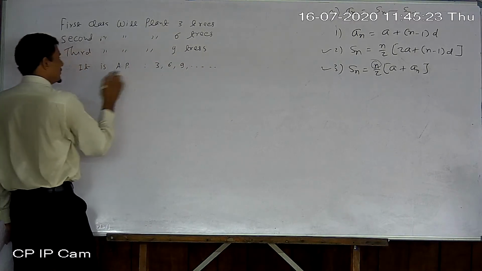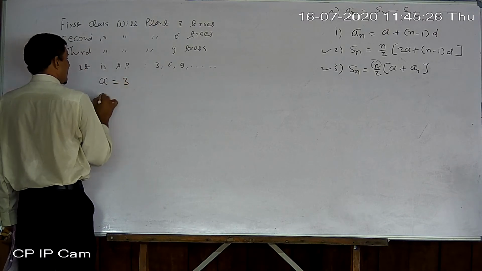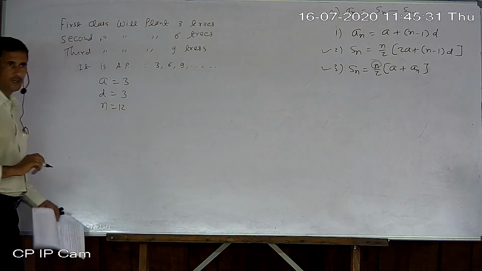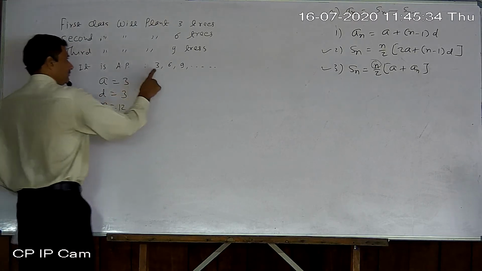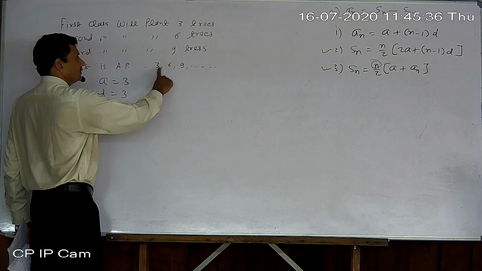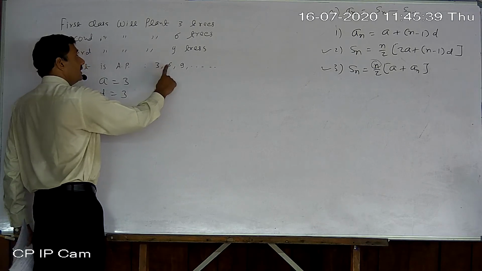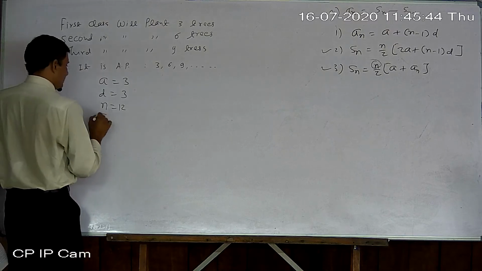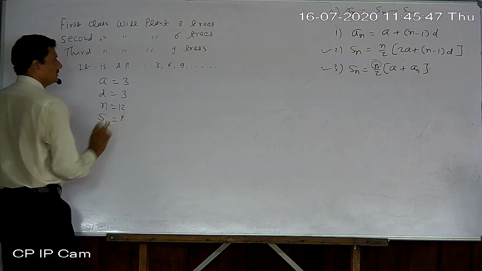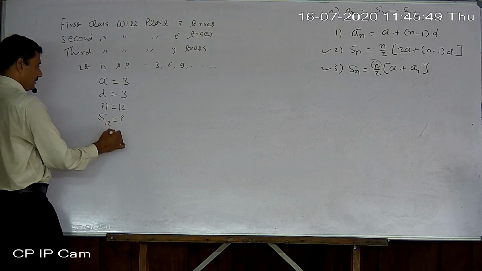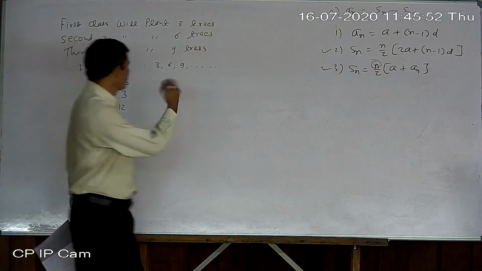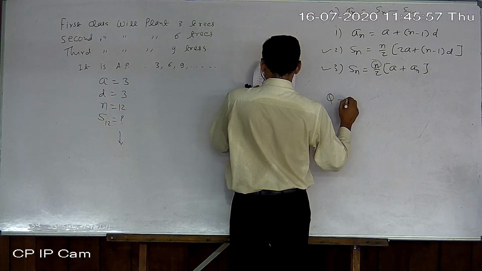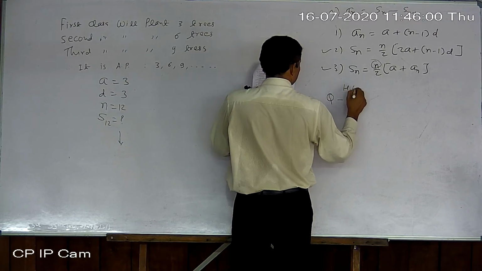Okay. So now a equal to 3, d equal to 3. How many terms? 12 only. Here d is the number of trees per class, not per section. Per class, whole class 1, class 2, class 3. And what to find? S n, that is S12. So I hope now you can find the remaining. This question is half of the homework, question number 17, textbook.